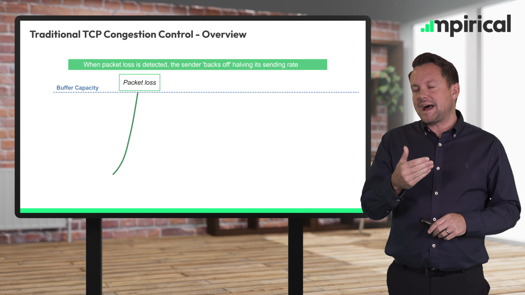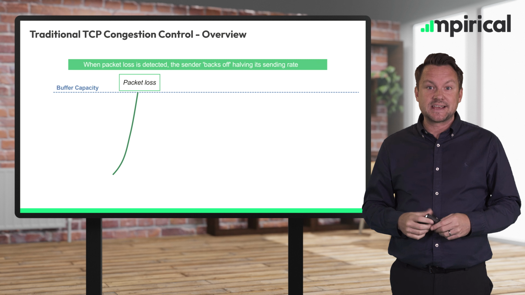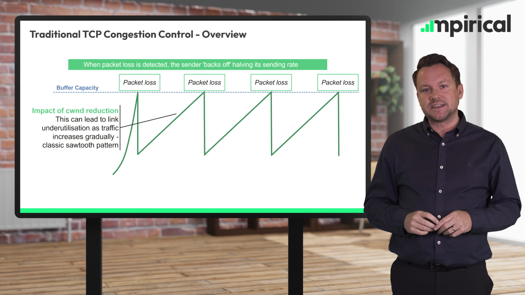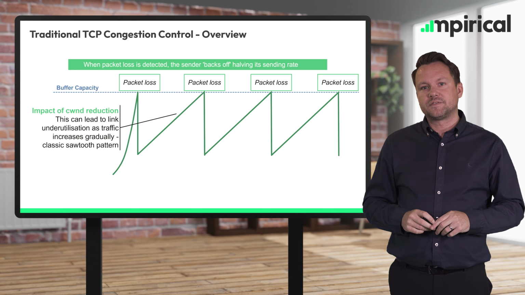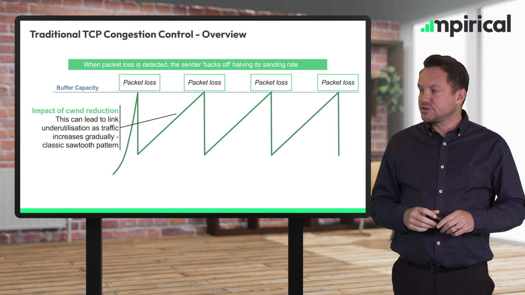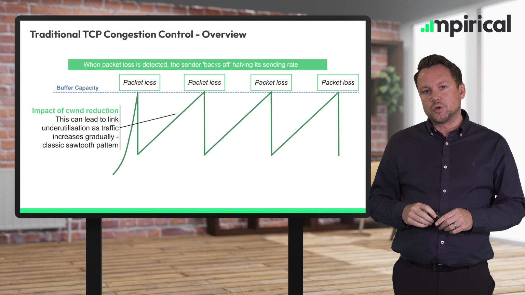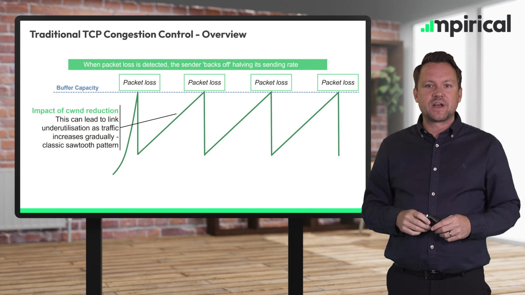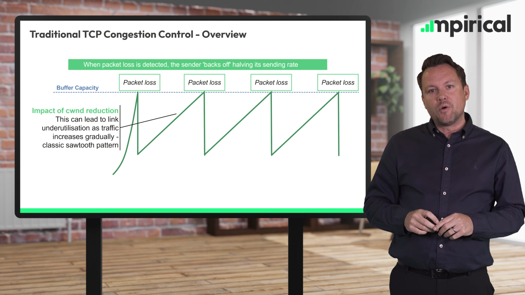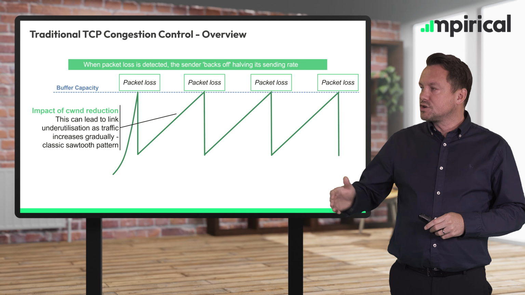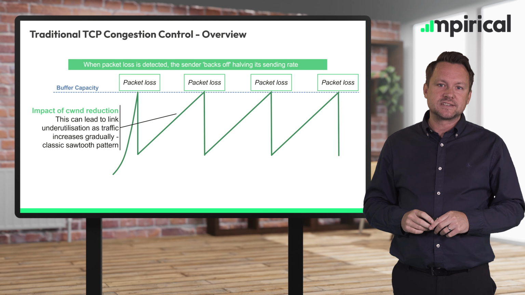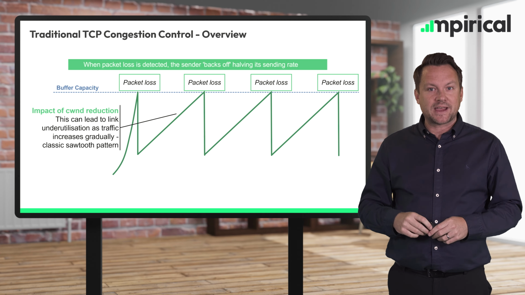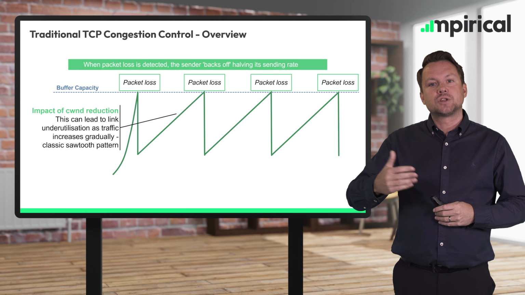Now, what we see is the sender sees this packet loss and says, okay, I'd better start lowering my sending rate. And what it does is it decreases its sending rate or its congestion window by 50%. So this is where we see that sharp drop. What the sender will then do is gradually start to increase the transmission rate. We don't want to just go at the same rate as before because obviously we know that the buffers are full and that we'll just see lots more packet loss. So we take this steady and gradual increase, and this is how we get this characteristic sawtooth. So we increase until we see packet loss again, we back off by 50%, we slowly increase.